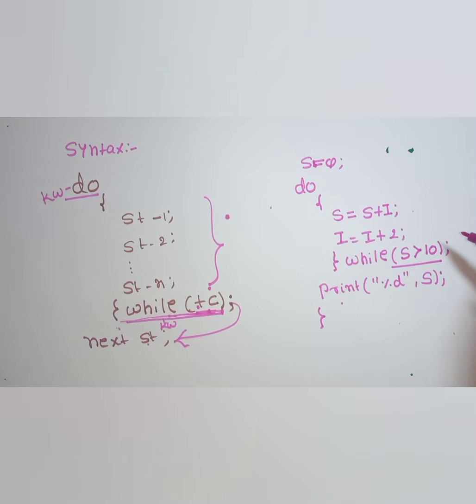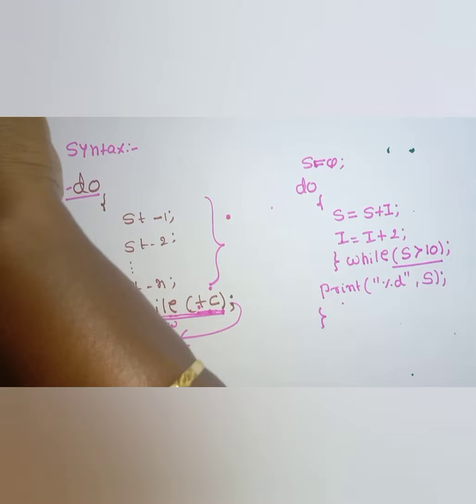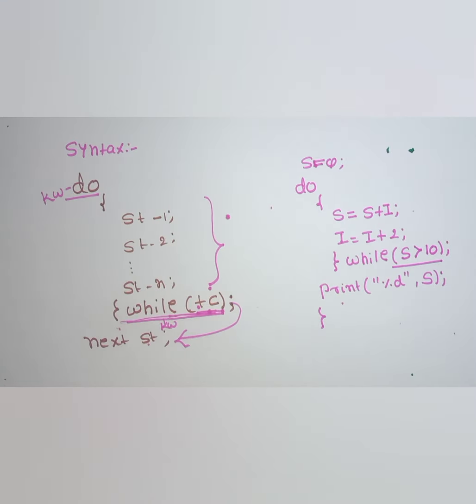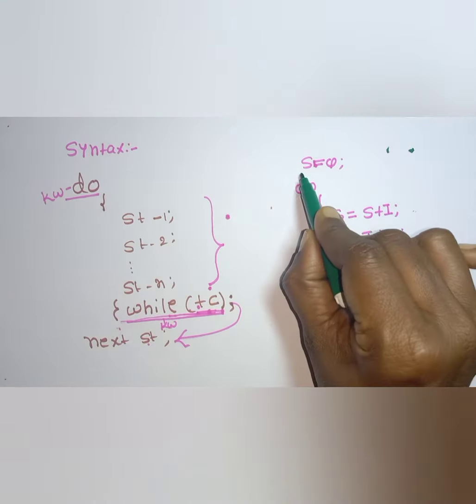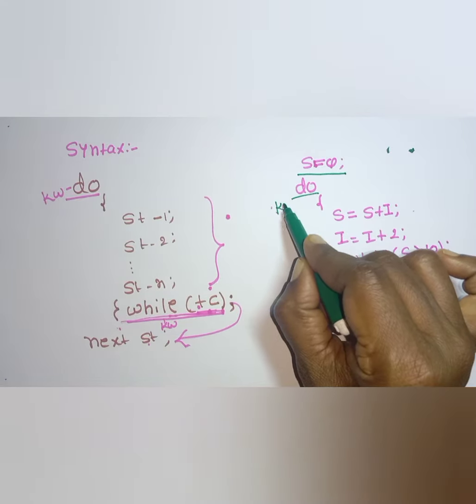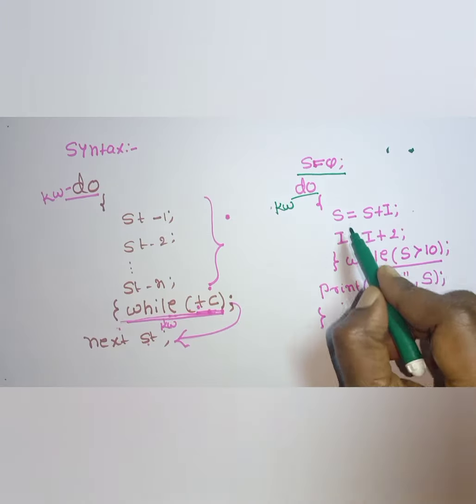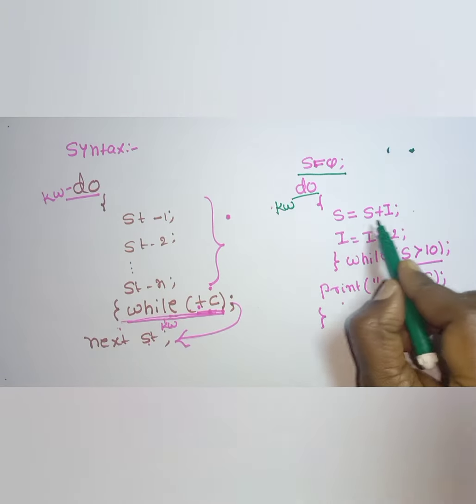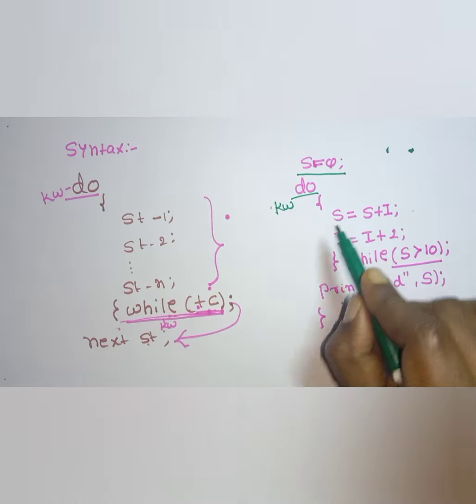You see here in this example how this is going to be executed. Initially we have taken s is equal to 0. Do is a keyword, so we are saying do, and it comes here directly and executes the value s is equal to